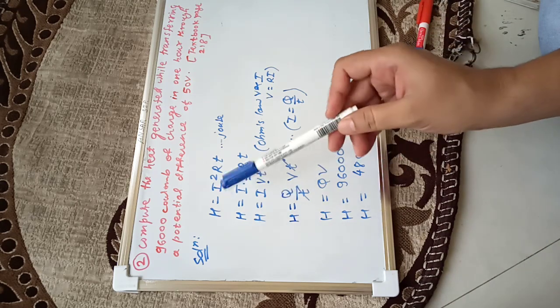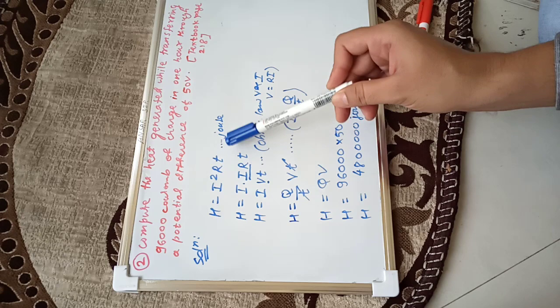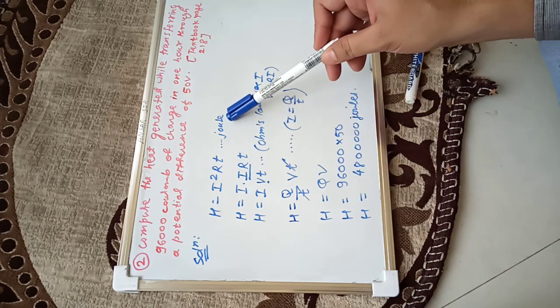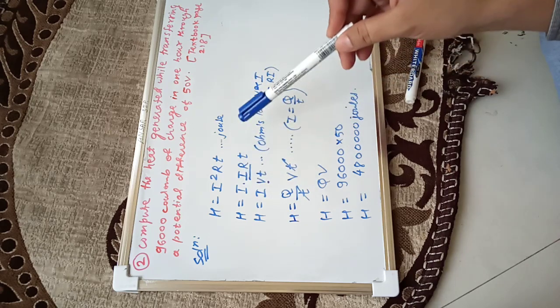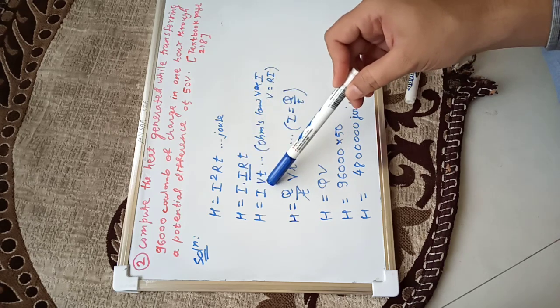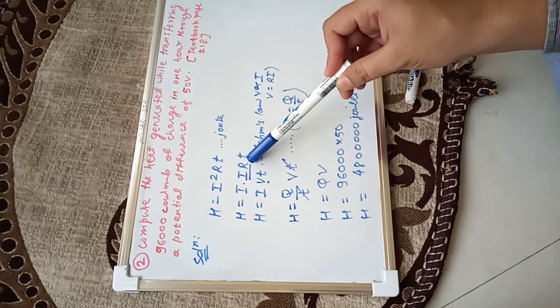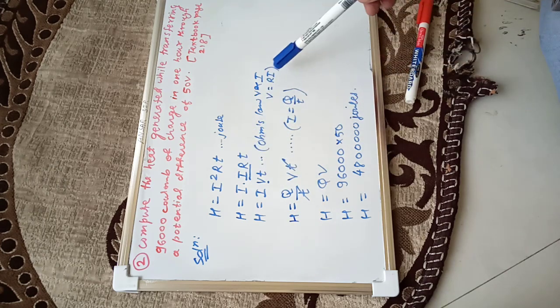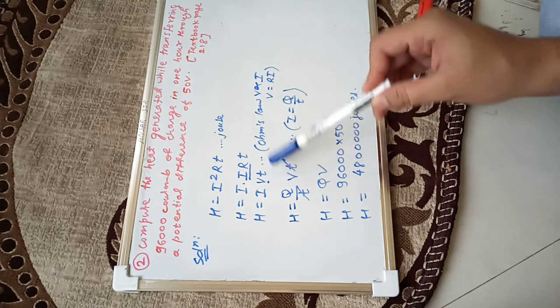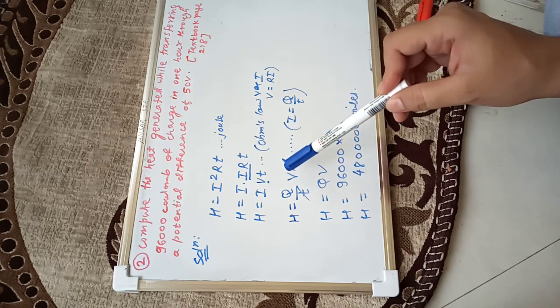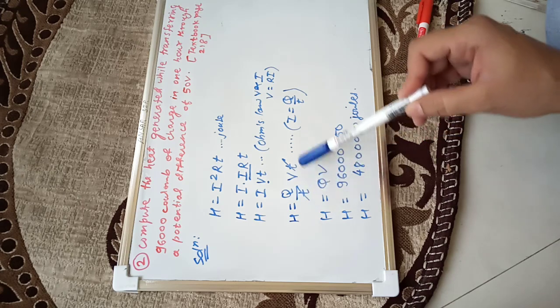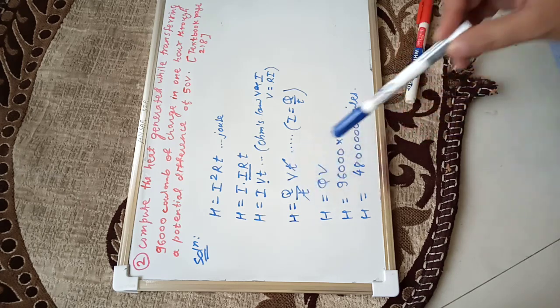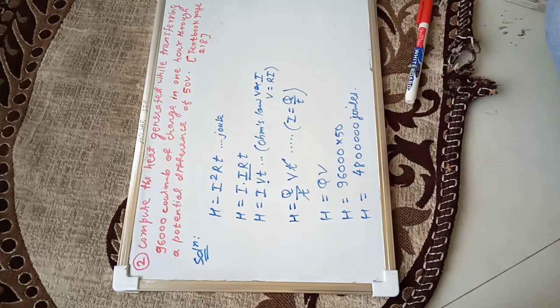Have you seen what we have done? We have written H is equal to I square RT in joules. This is Joule's law of heating effect of electric current. So H is equal to I square can be written as I multiplied by I into R into T. So instead of I into R, we will write V. Why? Because R is not given, resistance is not given. That's why we will use Ohm's law. And instead of R into I or I into R, we can write V. So it becomes IVT. And they have not given current directly. So instead of current, we will write charge upon time. So charge upon time will get cancelled. So we get only Q into V, and this is our answer.